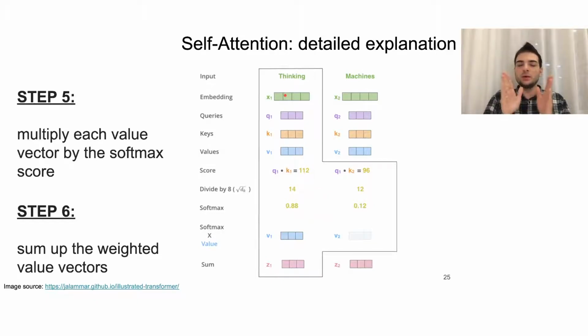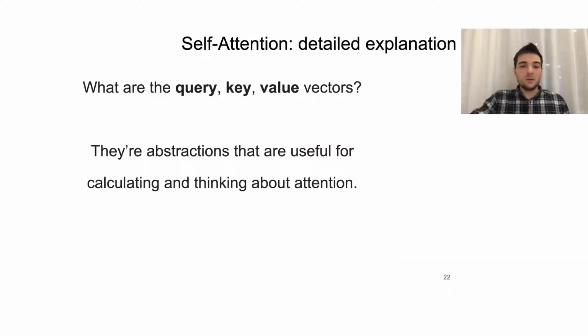But if we look at the whole sentence from the first word, same stuff with Z2, it was generated by the same procedure, but here we used query 2 multiplied by key 1 and key 2. So we had different weights for value 1 and value 2, and we summed them up with different weights and got Z2, which is also representing the whole sentence, but from point of view of the second word. That's it. Okay? So let's just somehow overthink it and get back once again.